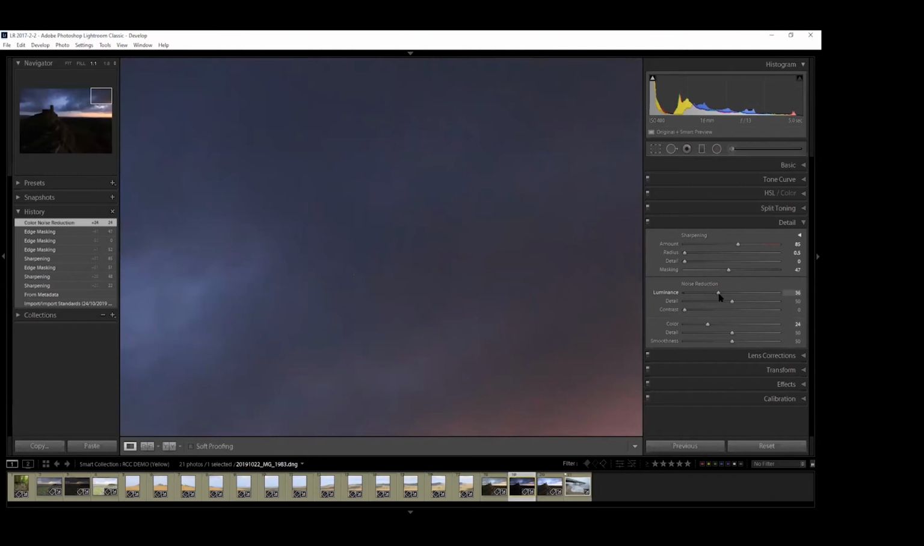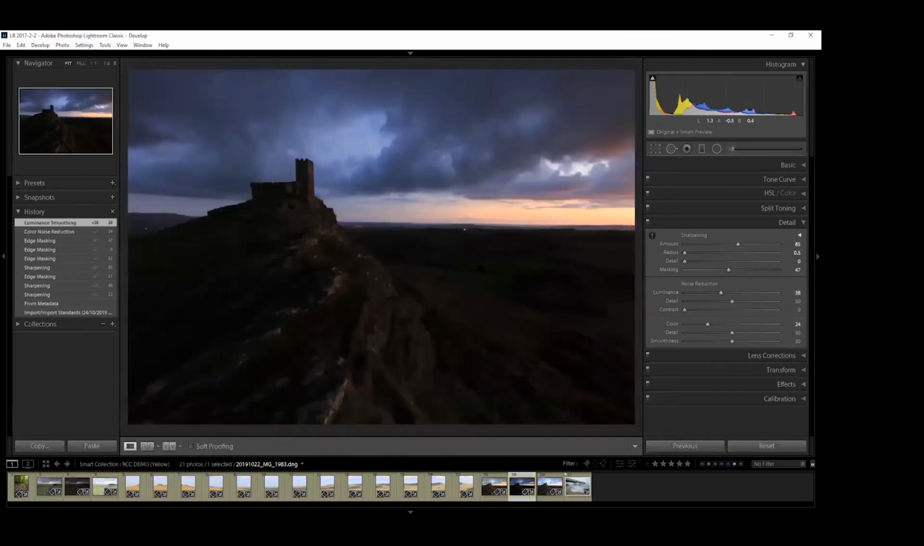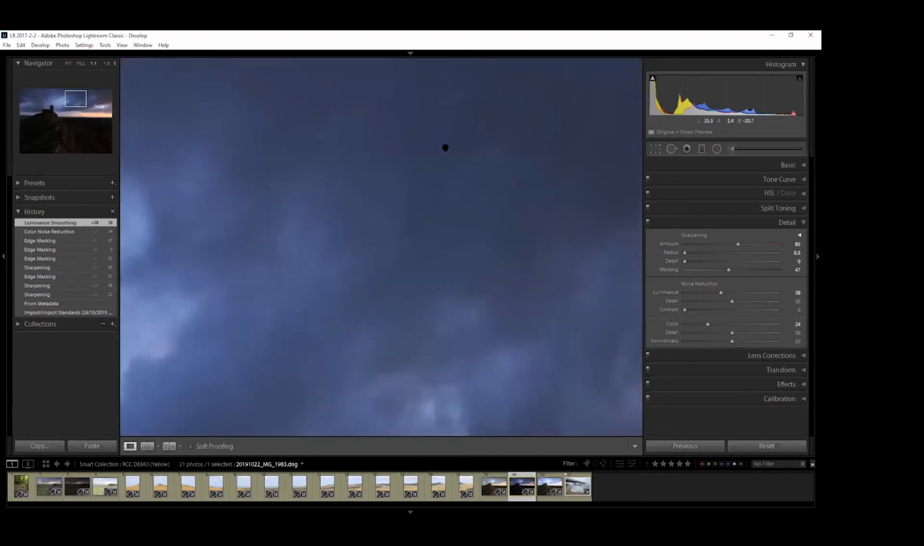Hopefully you can see that's starting to kind of disappear. And you're looking for the balance between not making it too soft and retaining the sharpness. So it's the balance between all of those and making sure. So in there, if I was going to print that,